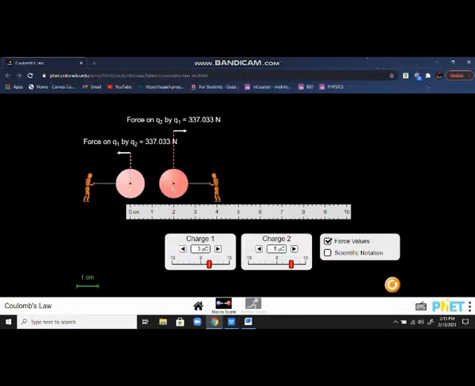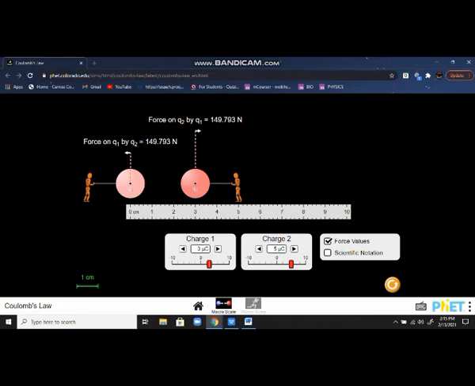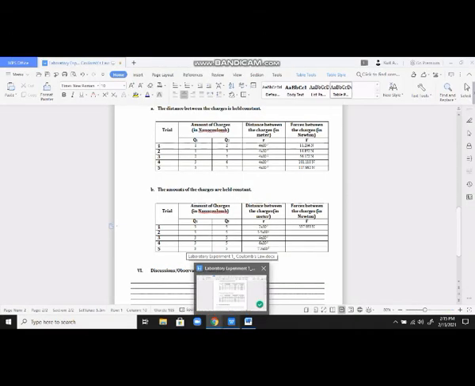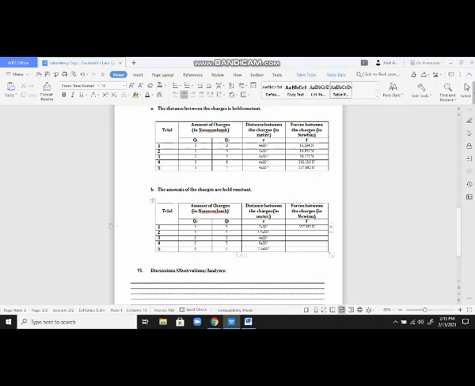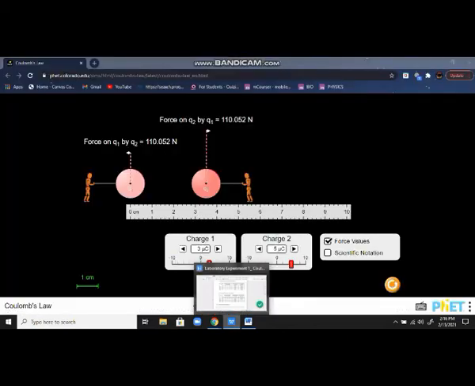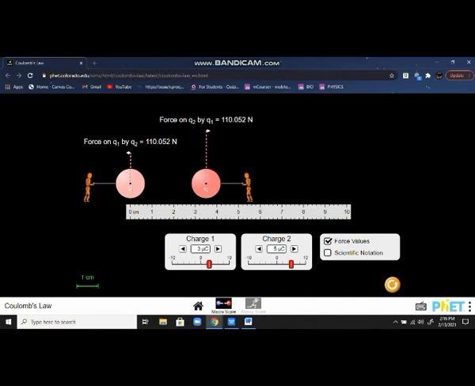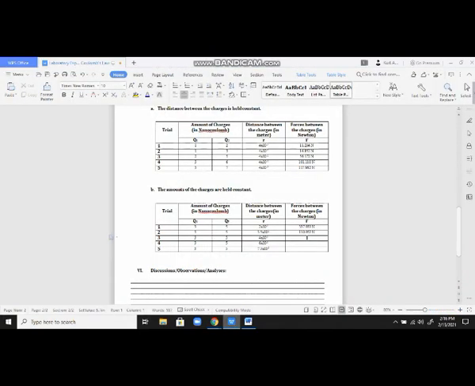In Table B, the amounts of charges are held constant, which each trial, the charges are the same. In Trial 1, the constant charges are positive 3 and positive 5, and with a distance of 2 times 10 raised to the negative 2, the forces between the charges are 337.33 newtons. In Trial 2, the charges are the same, and with the distance of 3.5 times 10 raised to the negative 2, the forces between the charges are 110.052